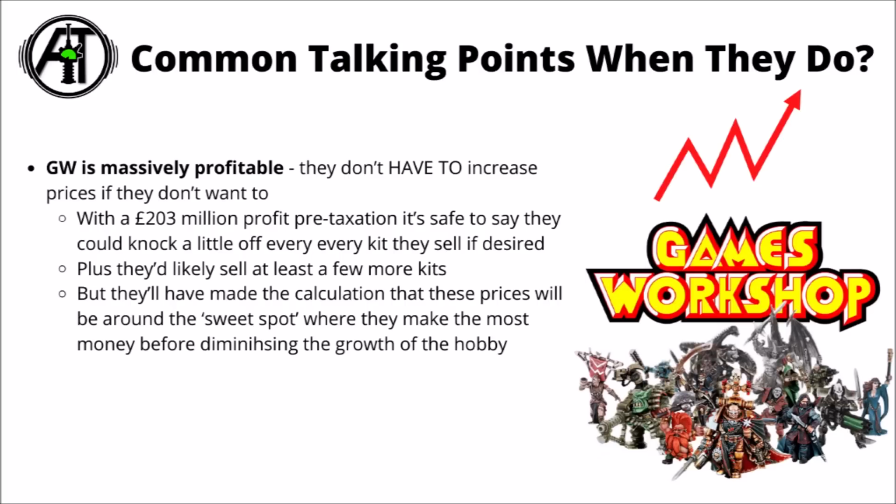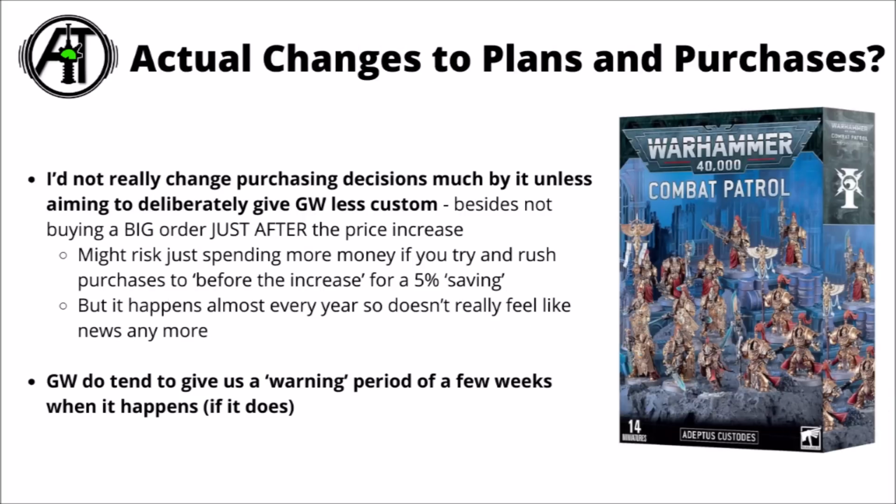From a hobbyist perspective, though, I feel like a lot of people will be kind of happy to see things swing a little bit further to the low price Warhammer end of the spectrum that they could credibly do. I feel like for all the attention it seems to get at the time when Games Workshop do increase prices, it probably doesn't actually change the buying decisions of that many hobbyists, unless you have become jaded to the point